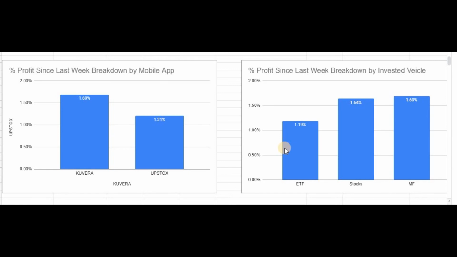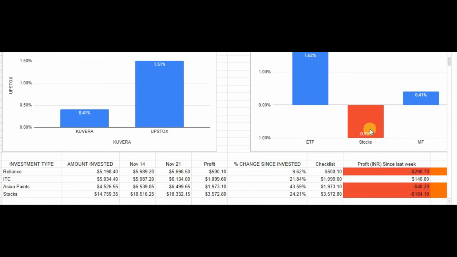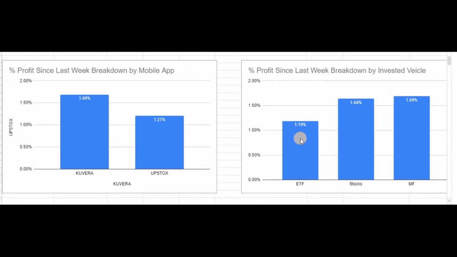Okay, but this time when compared to last week, this week we have all profits. If you observe, last week stocks were in loss, and the highest loss I had was in Reliance itself, 290 rupees. But this week, compared to last week, we got only profits. There is no loss. So we'll now compare 2 other graphs.